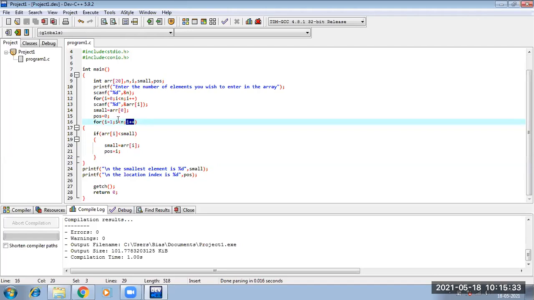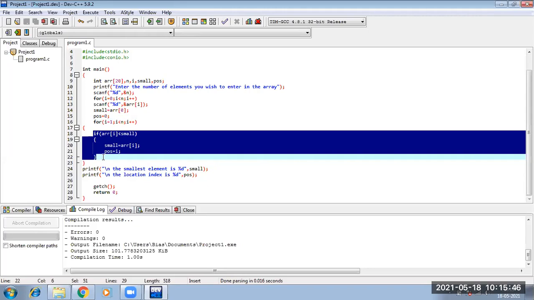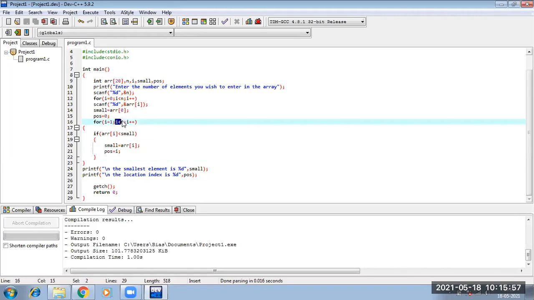So after checking this condition, whether my value of I is lesser than my value of upper bound or not, if it is true, then I was working on my array. Whatever steps or processes we wanted to do on my array, I was doing after checking my condition. And after these processes are done, then I was incrementing.